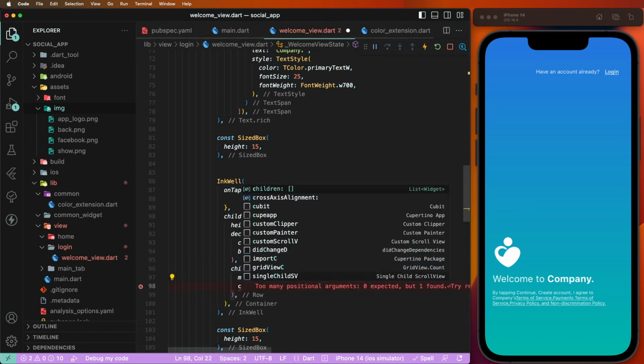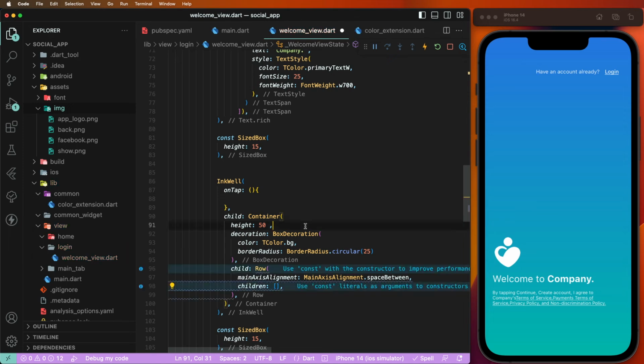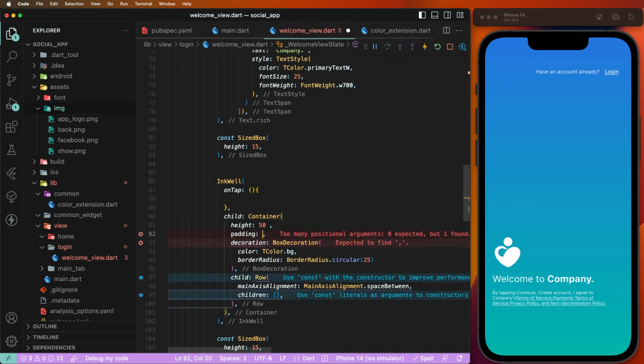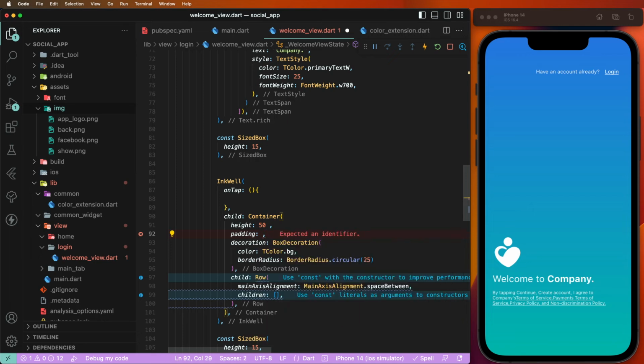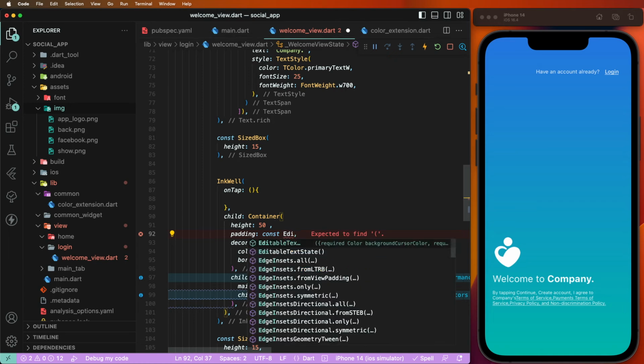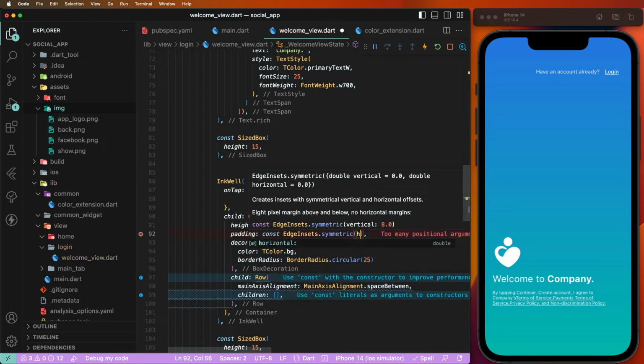First of all need to set here most pages insets need to set this here. Horizontals need to